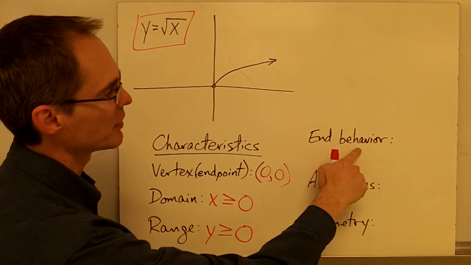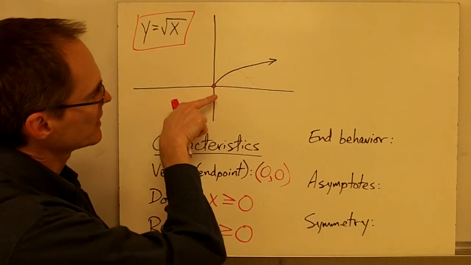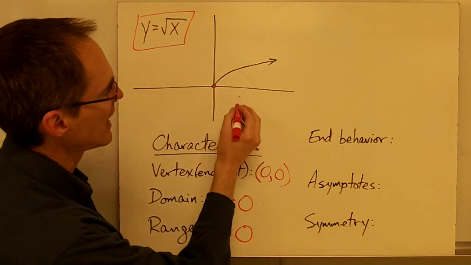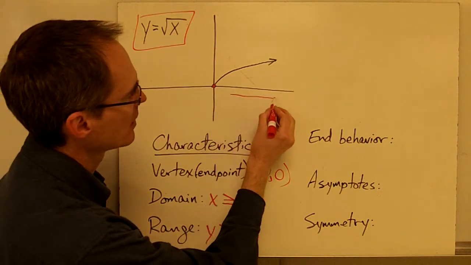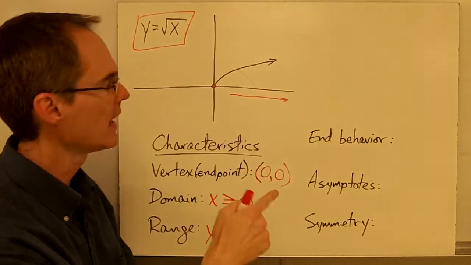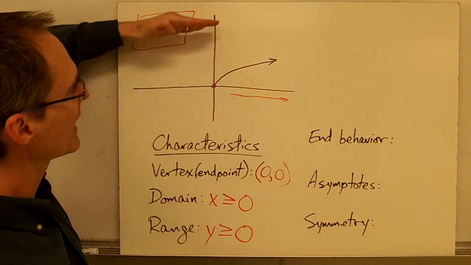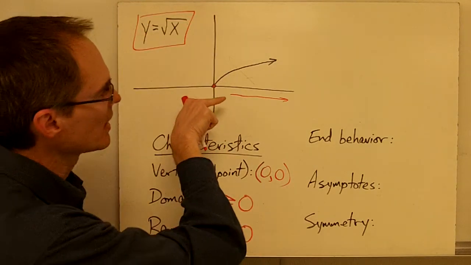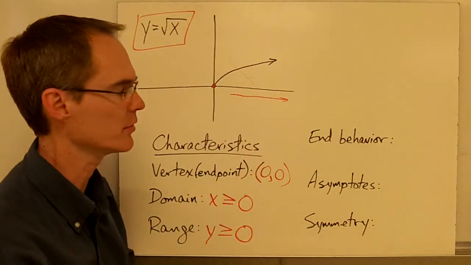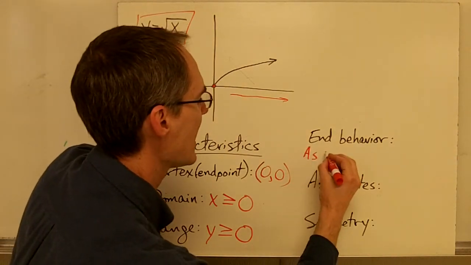Now the end behavior of a function. In this case, we're just going to be interested in what happens to the function as x gets larger and larger and larger. When I say what happens to the function, I'm essentially asking, what happens to y? What happens to the y values as x keeps getting larger and larger? And the way we typically write this is we say, as x